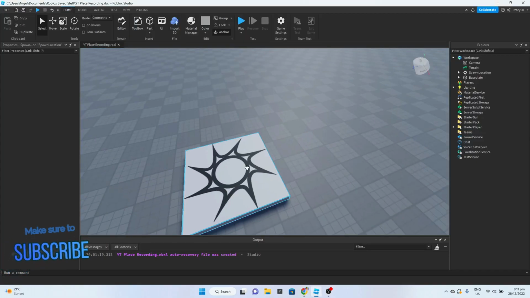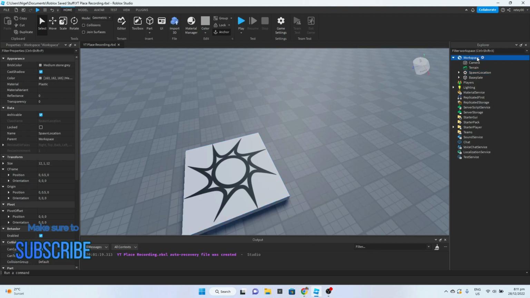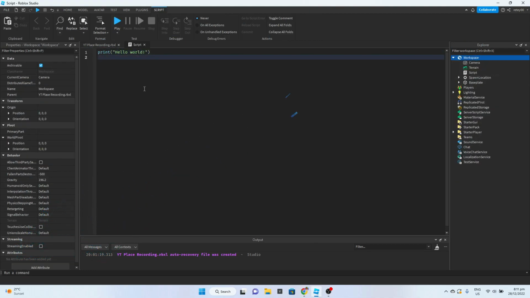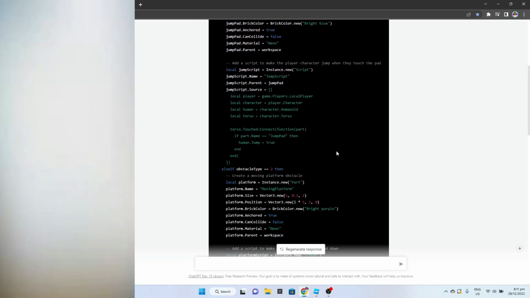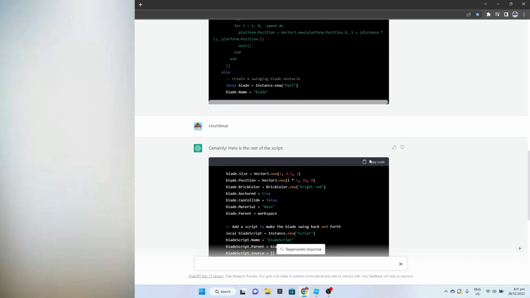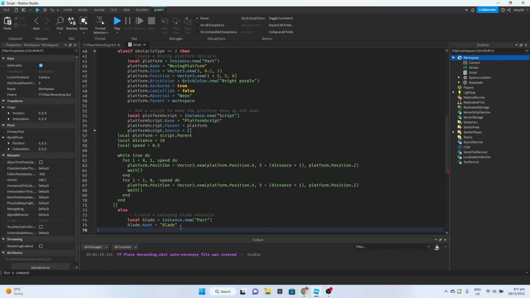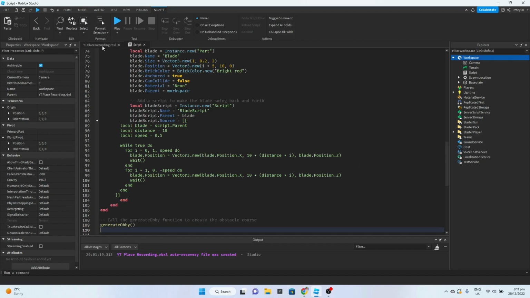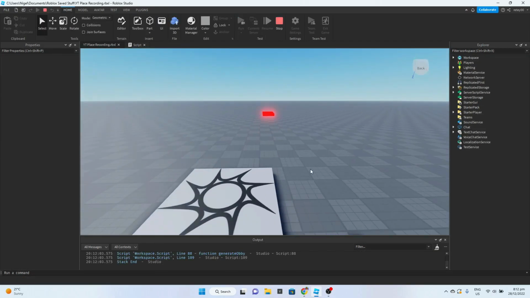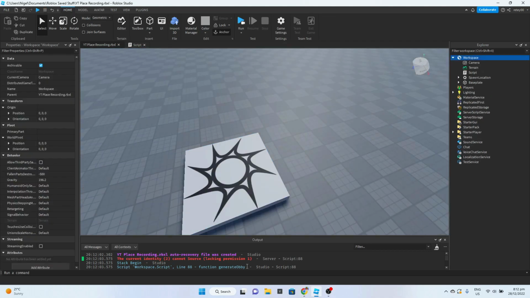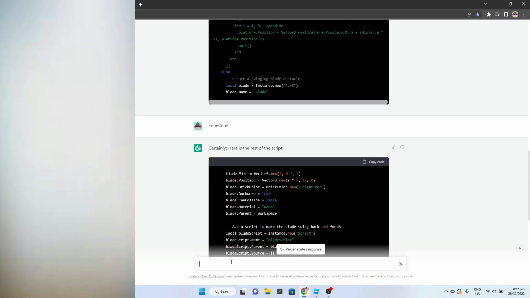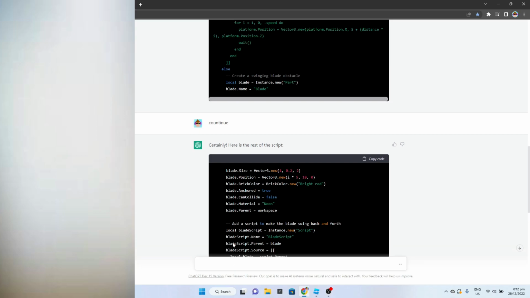And so you can see here I'm jumping into Roblox Studio and I'm pasting in the script that it gave me. Once I have pasted in the script, I find that there's errors